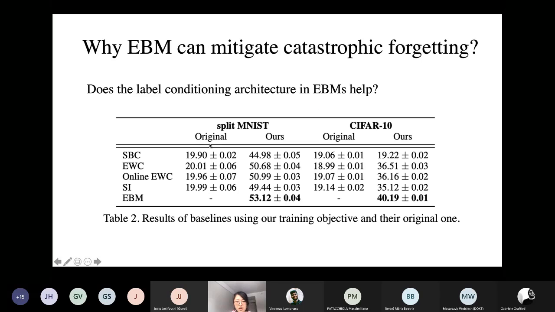And this is the result using their original training objective. And these are the results using our modified training objective. And we can see that there's a big improvement after we make this modification. But again, our energy-based model still outperforms the baselines, which shows that our label conditioning architecture is also useful to mitigate the catastrophic forgetting problem.